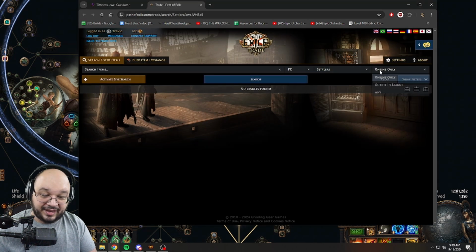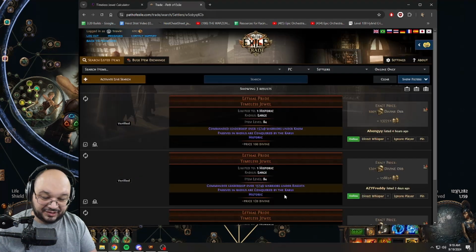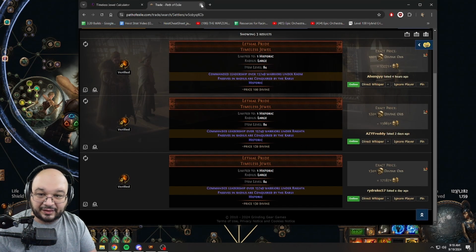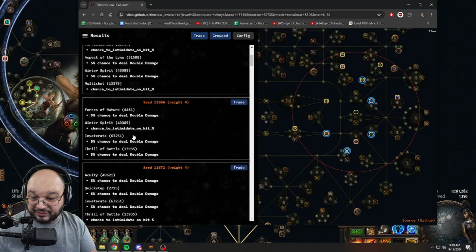It'll load me the trade. I can come over here. I can hit show filter. I could select my count. I could do it like this and then hit search, and then I could see all of the options that are available. If this one is out of budget and you want to say something like triple double damage intimidate,